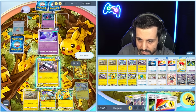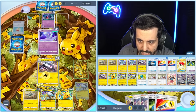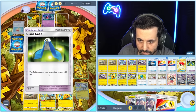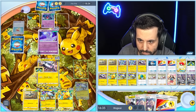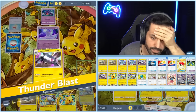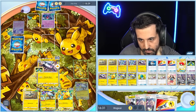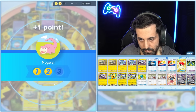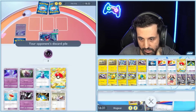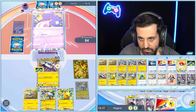But I can always top deck Leaf or X Speed to be able to do it. So right now we're just gonna go with this and we're gonna apply a Giant Cape to blast this away, and we're gonna hope that we can top deck X Speed so we can pivot into Raikou. If Gengar comes online, they need to find the other Gengar. They've been able to evolve one Gengar. We've only been able to evolve one Magnezone, so...